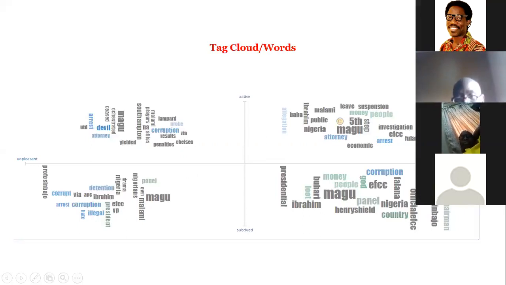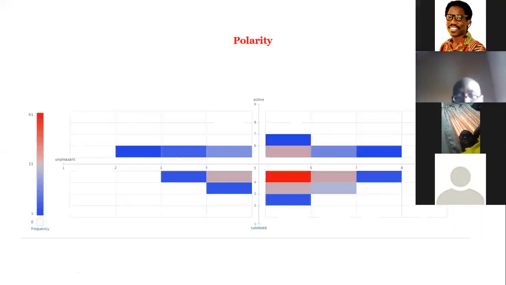Now polarity. When we say polarity, we take a more holistic view of the issue of positives and negatives. By the time you look at this one, you can see active, subdued, and unpleasant, and you can see pleasant here. So the pleasant is also about positive. Then we have unpleasant as negative. From the 178 tweets for the period we have studied, we have 61 within the pleasant area. However, the pleasant area is at the bottom. So we can see that we have much of